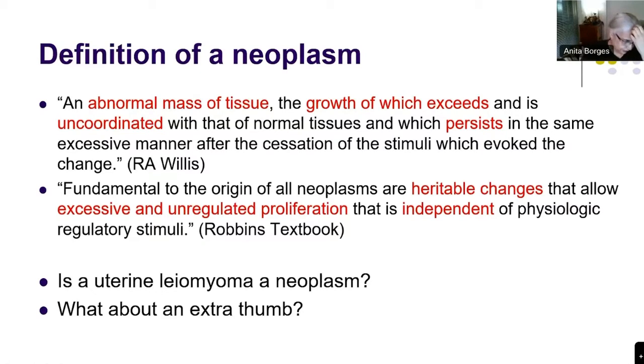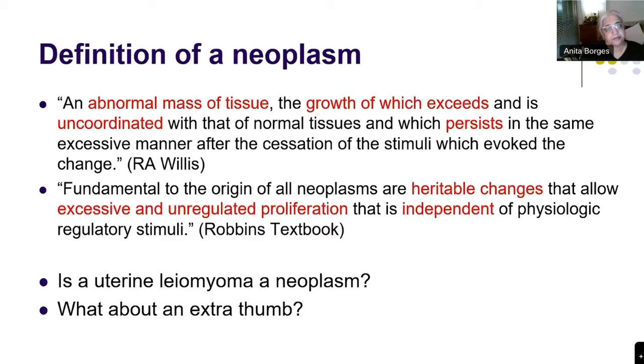Ma'am, there is no unregulated proliferation post the formation of that thumb. It is just persistent. It doesn't grow beyond. Then for the same reason you didn't give the same pass to the uterine leiomyoma. But ma'am, leiomyoma may grow if there is circulating estrogen. It may not. You cannot decide for the leiomyoma, Anvesha. So you gave a pass to the uterine leiomyoma, but you're not willing to give that same pass to the extra thumb. All right, come on, let's start from the beginning.